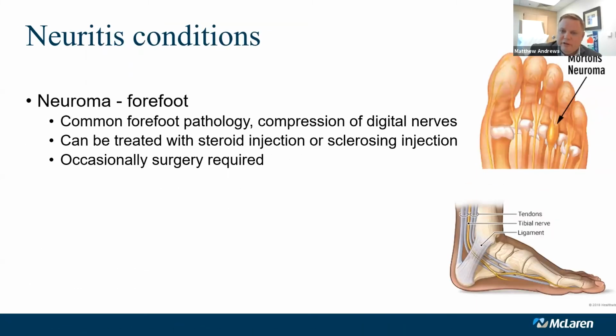So, common neuritis conditions. Another very, very common thing that we see is a compression of the nerve of the forefoot called a neuroma. Now, a neuroma doesn't always necessarily manifest itself as pain. Sometimes it's an oddball sensation, and people will tell me, you know what, it feels like I'm walking on a cotton ball all the time, or it feels like I have cardboard stuck on my foot. Some people would just say, I've got burning pain and it shoots into my toes. There's a couple different ways people can describe it, but oftentimes they're all describing the same type of pathology.